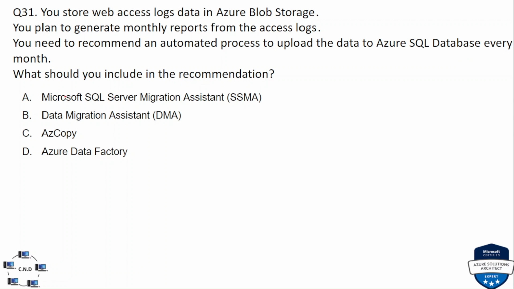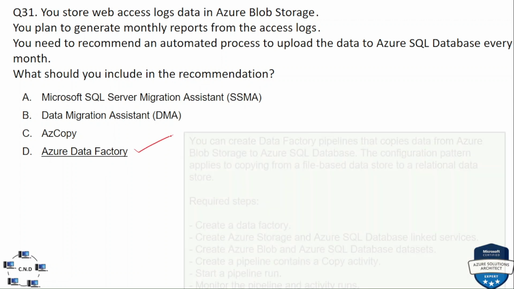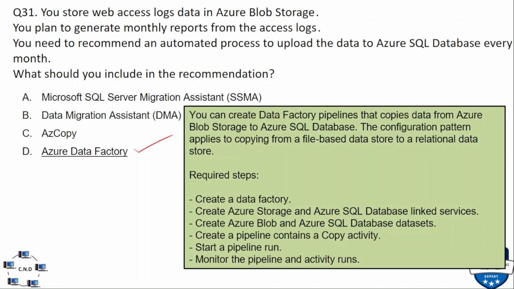And the options are A. Microsoft SQL Server Migration Assistant, that is SSMA, B. Data Migration Assistant, DMA, C. AZ Copy, and D. Azure Data Factory. And the correct option is option D. Azure Data Factory, and this is the explanation of this Azure Data Factory, and these are the steps